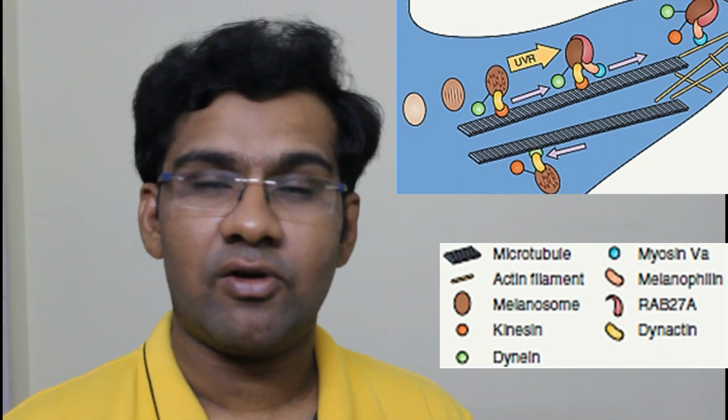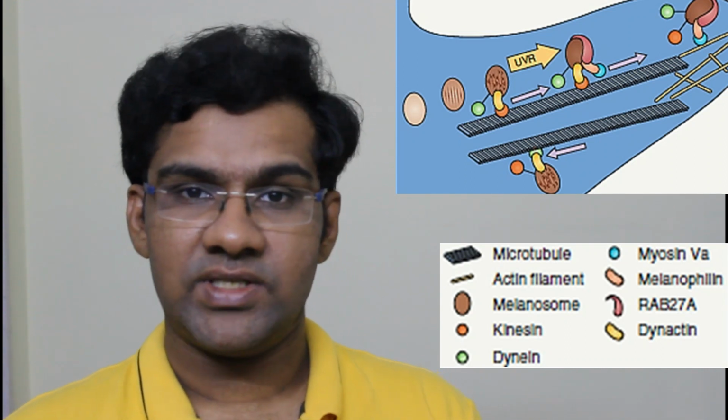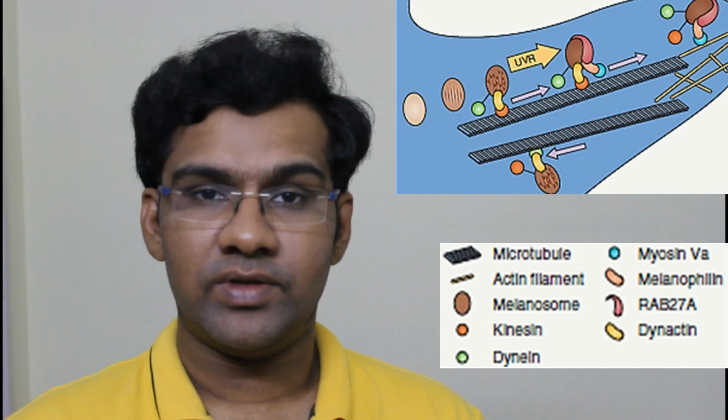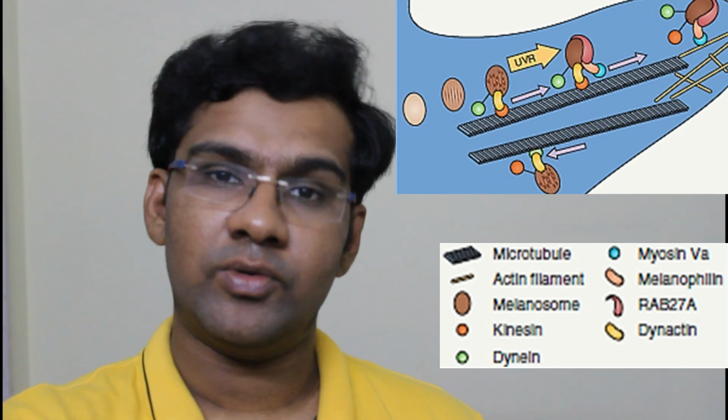Now the organelle has been formed, which is our melanosome. It has to be transported through the dendrite to the keratinocyte. I would relate this transport to a public transport system, which is the electromagnetic train. Though they are not there in India, I just want to brief a little about it. There is a track below the train, which helps in moving the train. In such a way, there are microtubules and certain proteins called dyneins and kinesins, which help in laying the track and movement of the organelle through the microtubule to the keratinocyte.